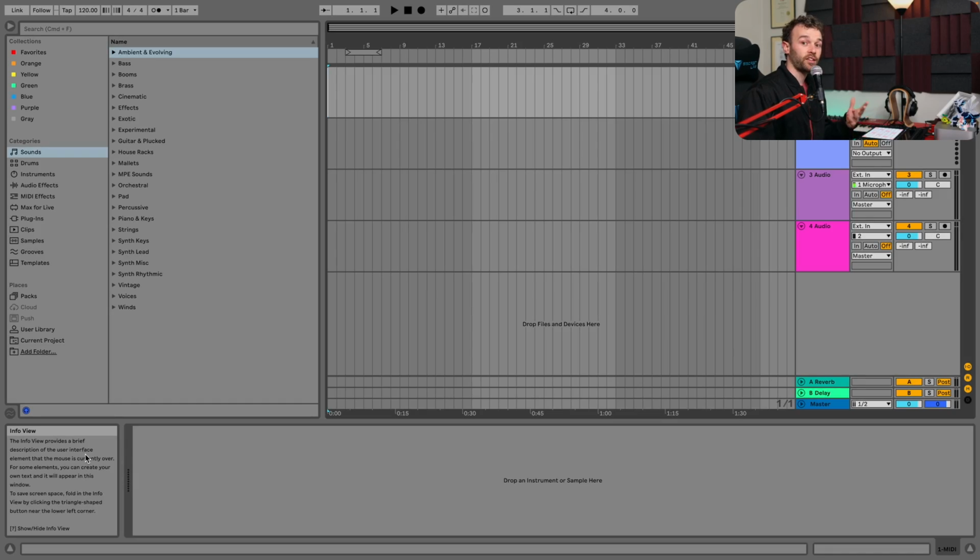Now, the next thing I just want to draw your attention to really briefly is the preferences window inside of Ableton Live. And this is where we can go to set up how we want the software to work, look, and run, as well as in order to make sure that we can actually hear sound coming out of our computer. In order to access the preferences, I'm on a Mac computer, so I'm just going to go up to